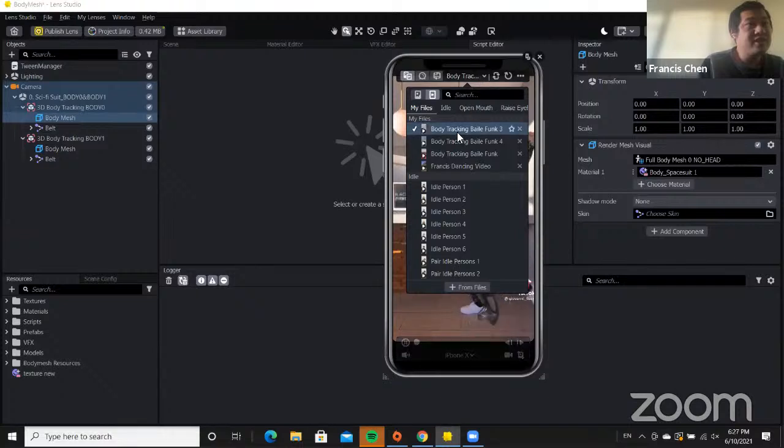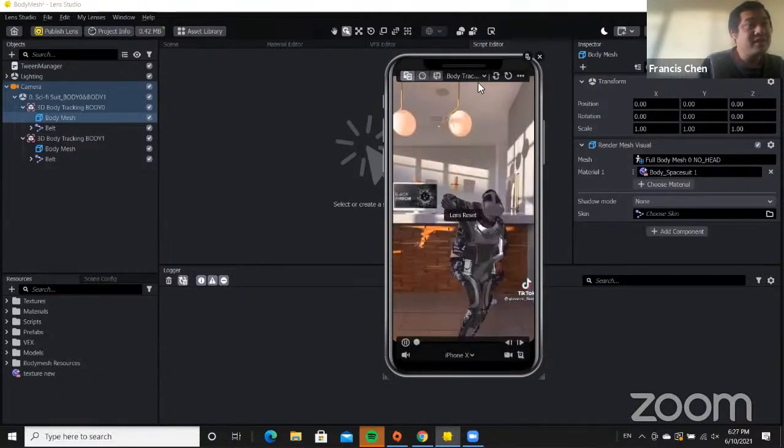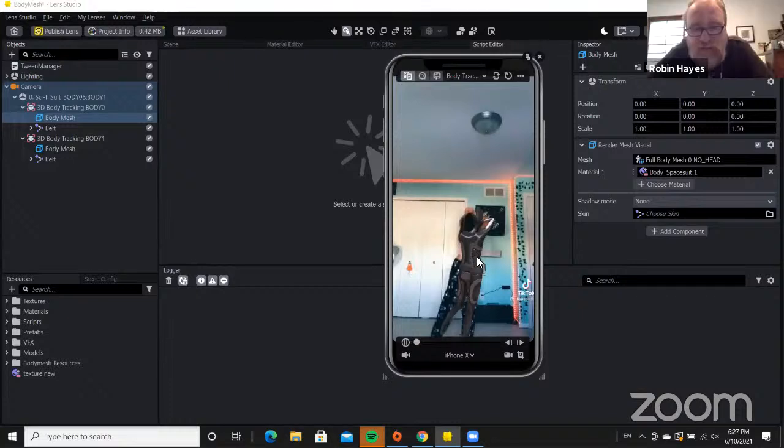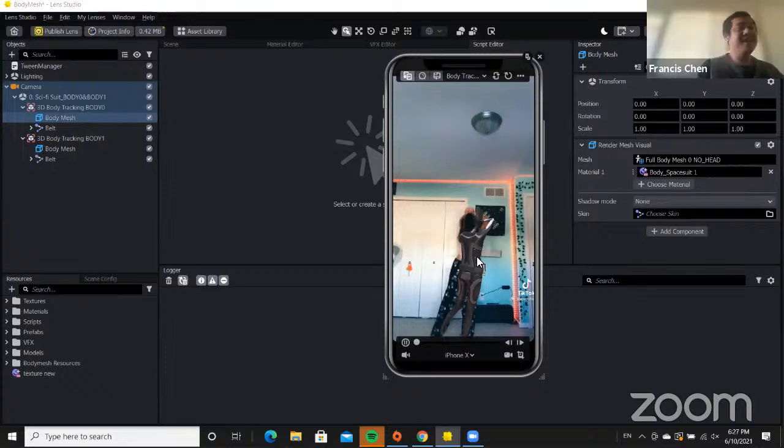Hold on, let me get another video actually. Here we go. So this is another TikTok video of a body pose, and there's obviously some sampling issues going on here. That's a challenging body pose, though. So there is a lot of error sampling going on. There's some lag here. So anyhow, while this is streaming here,